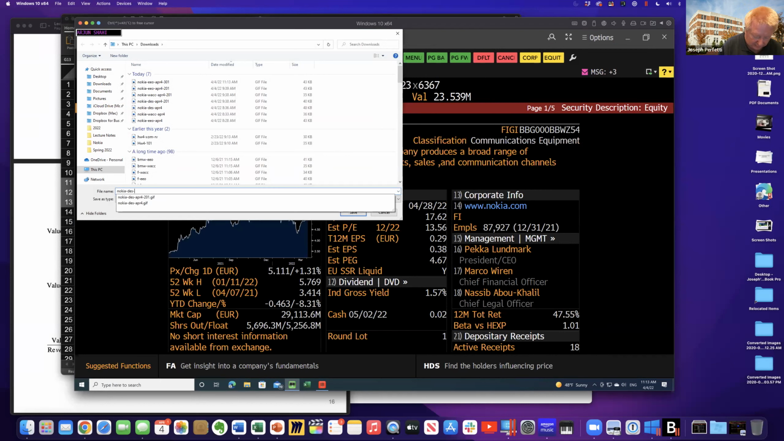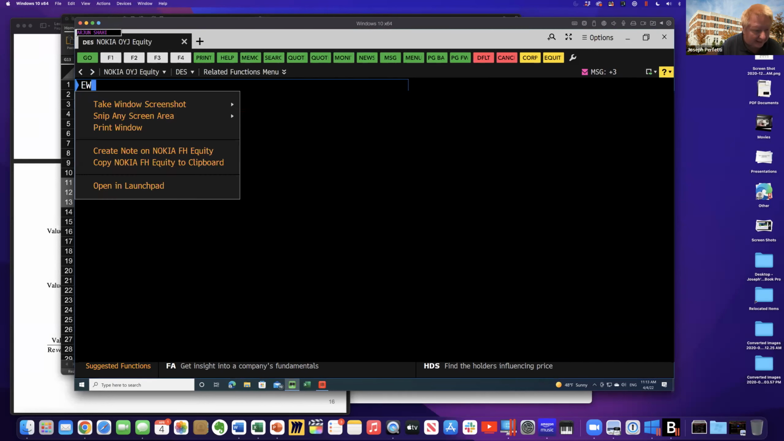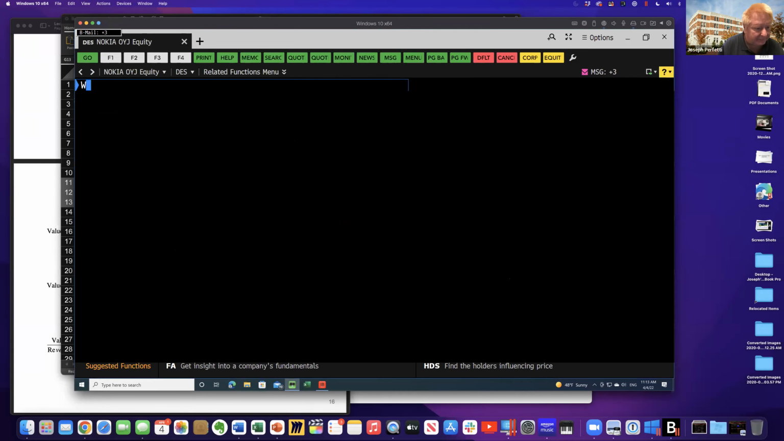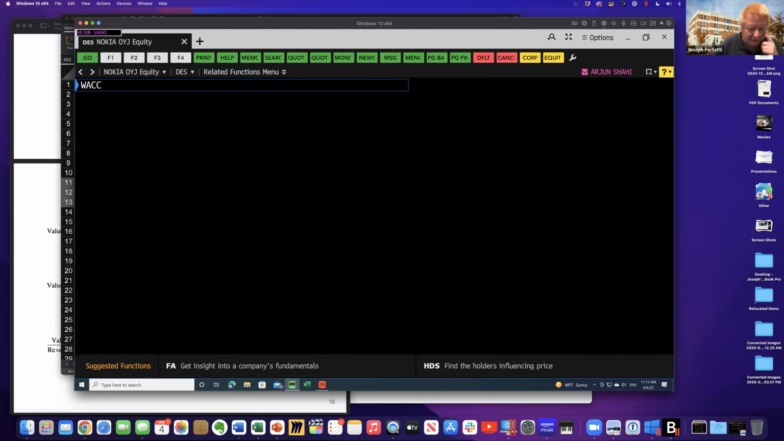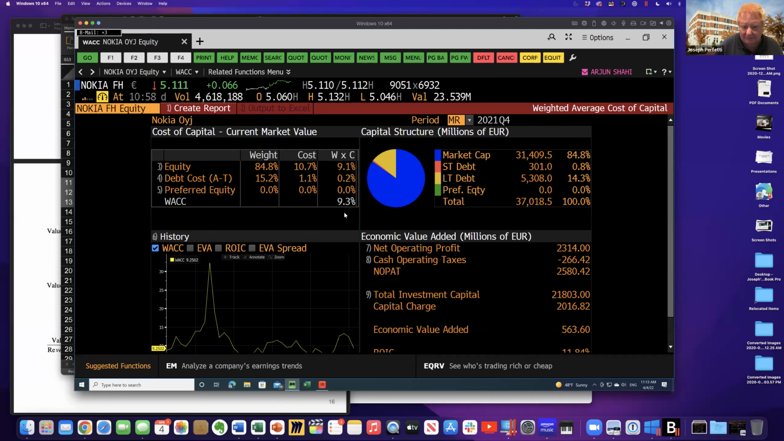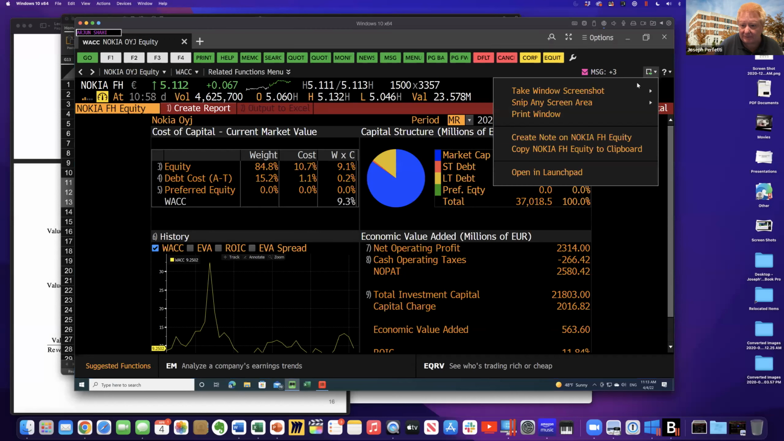Nokia, April 4th, section 301. And I'm going to need a WACC from today. And you'll notice the WACC has changed. It's 9.3%. Interestingly,